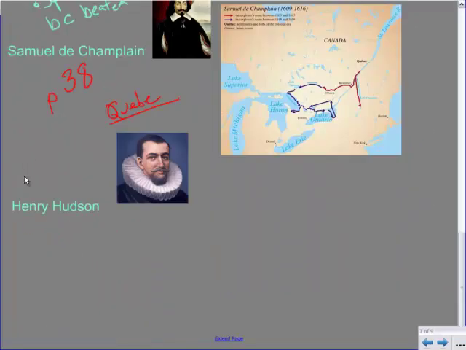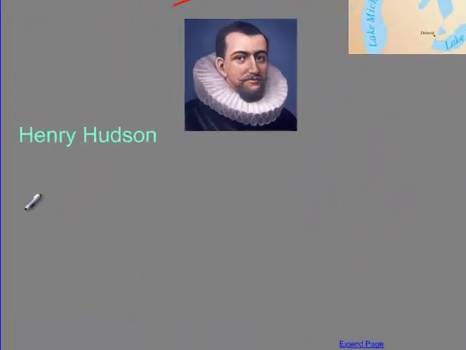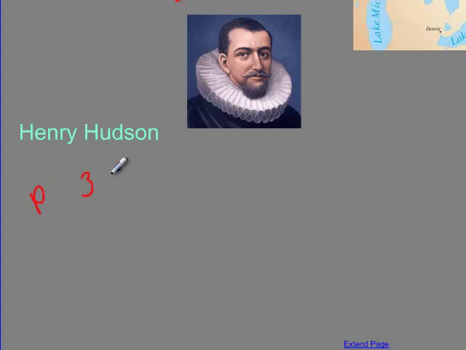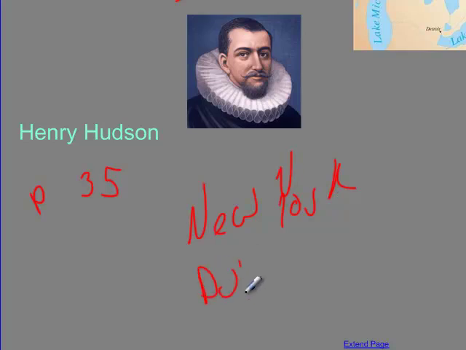Yeah, Henry Hudson can be found on page 35. He's at the very beginning of this section. He lands off the coast of New York, and he is sailing under the Dutch flag. So people like the Dutch and the French are sending their explorers, and they're going to set